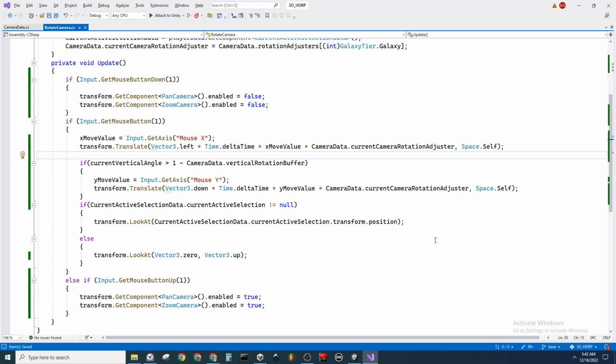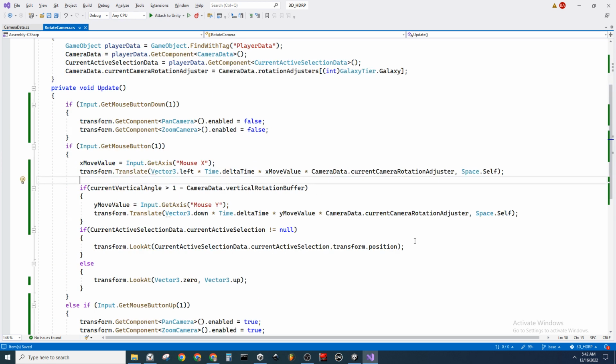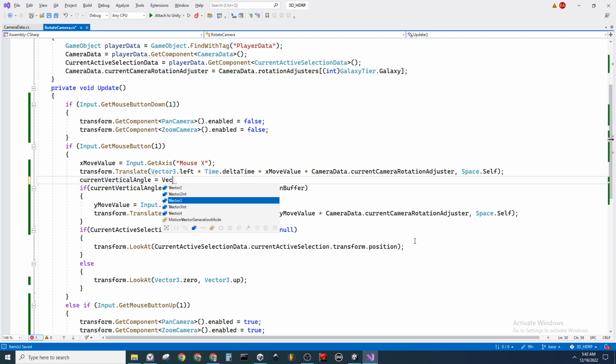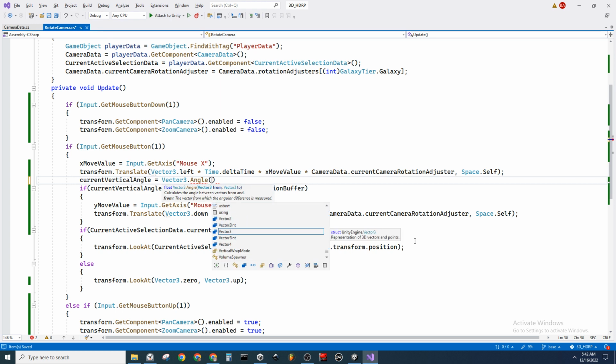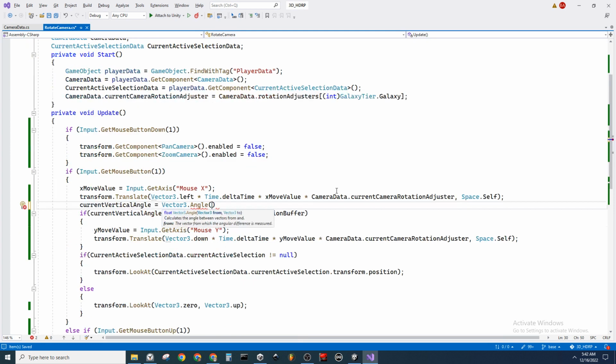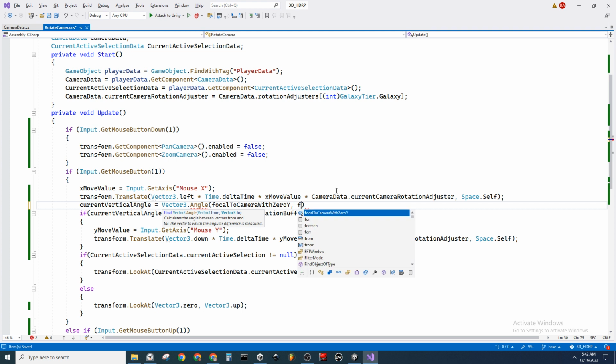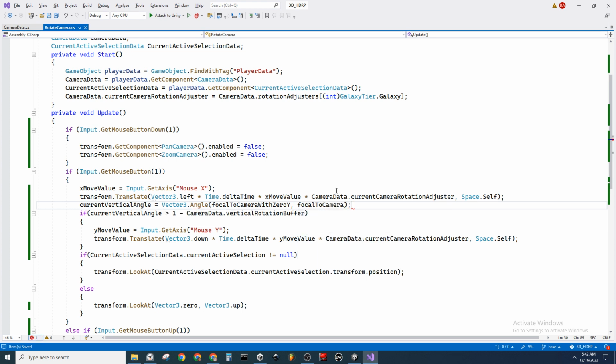The vertical angle, though, is Vector3.Angle. Angle between is deprecated, so we can say angle. And kind of what we're saying is from, did I yank that out? No, focal to camera with 0y, and then focal to camera. And if